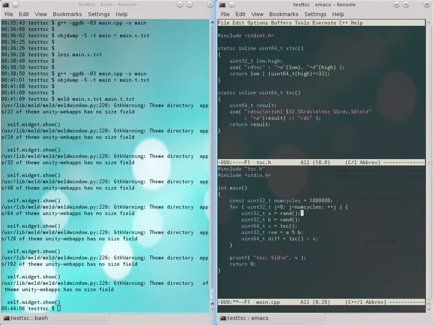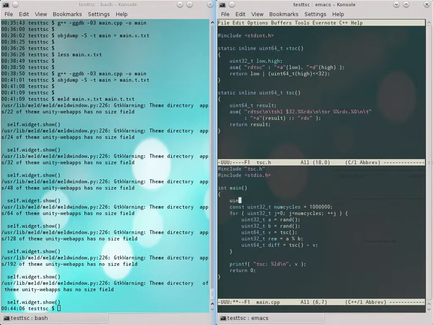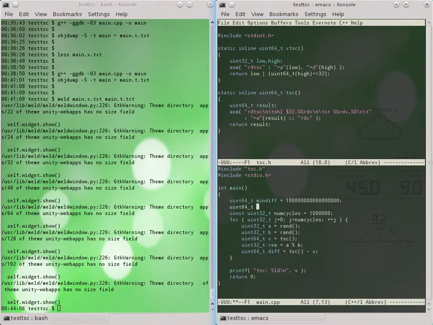Diff is equal to TSC minus V, and I can do min diff is equal to a huge number, max diff is equal to 0, and then I do if diff greater than max diff, and min diff,